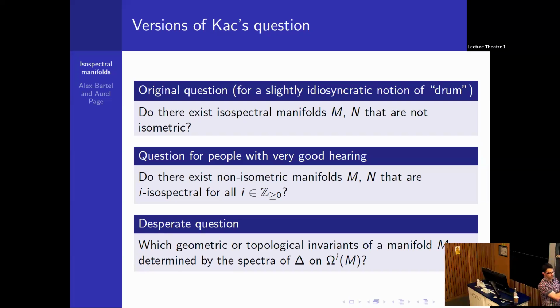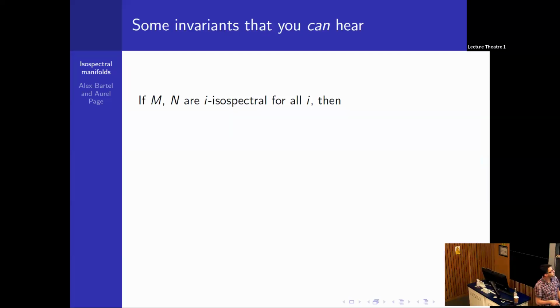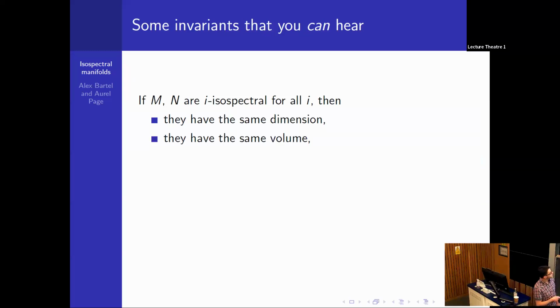So we can't hear the full shape, like everything, but we can hear some things. If two manifolds are isospectral in all degrees i, then they have the same dimension. They have the same volume. Remember, my manifolds are